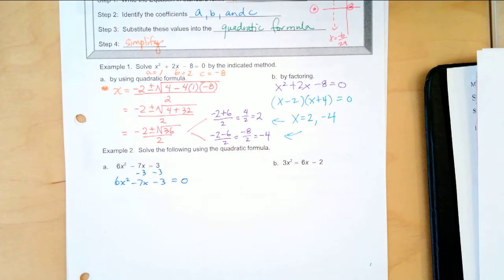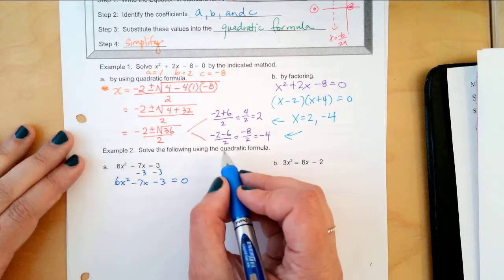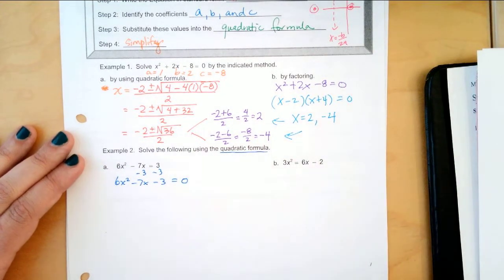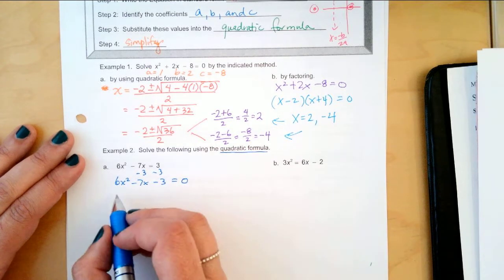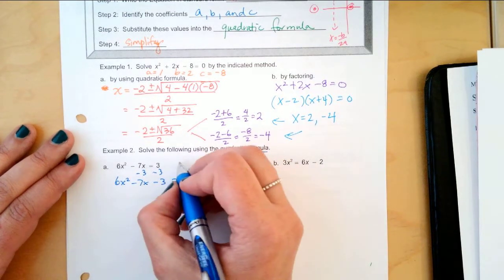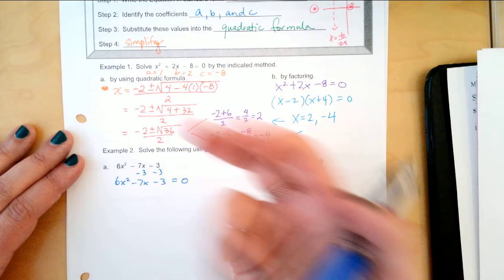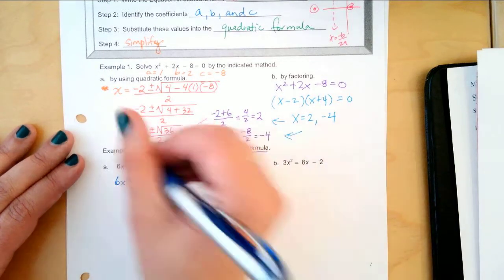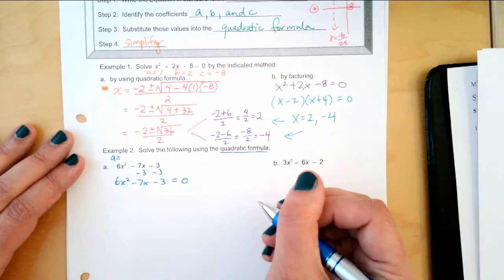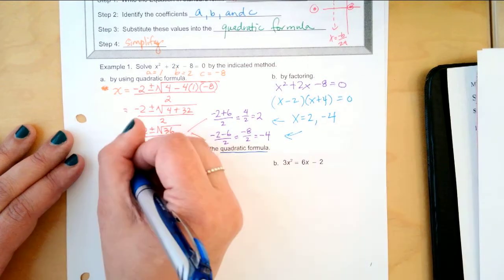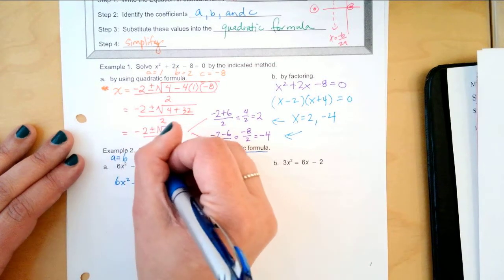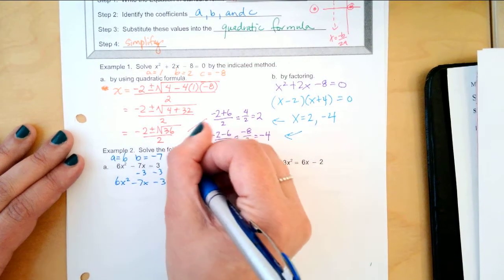Now, of course, you could try to factor it, but this would require the AC method. We're not going to factor it. We're going to use the quadratic formula because that's what it says to do in the directions, right? We read the directions. So now we have to identify A, B, and C. So I need a lot of space, as you can see. So I'm going to write them up over here. A equals what? B equals -7, and C equals